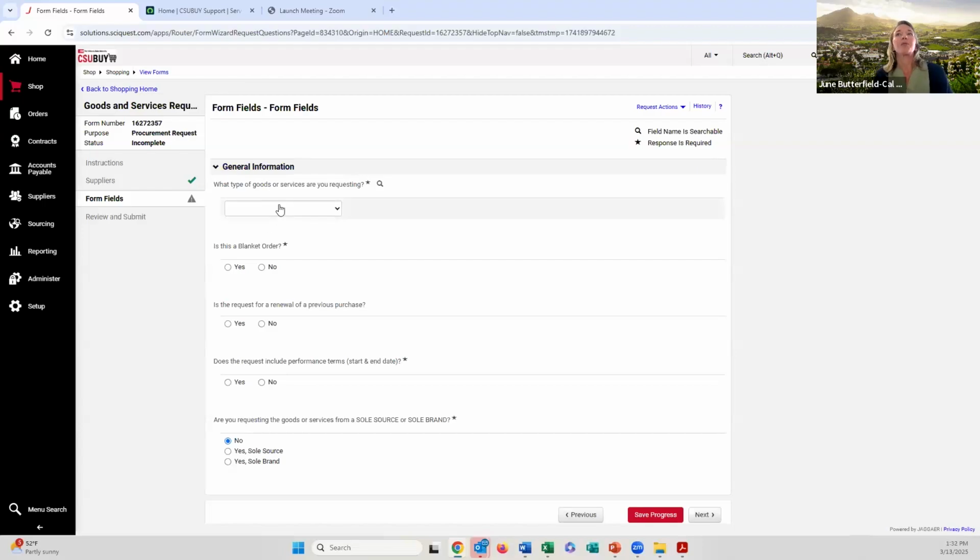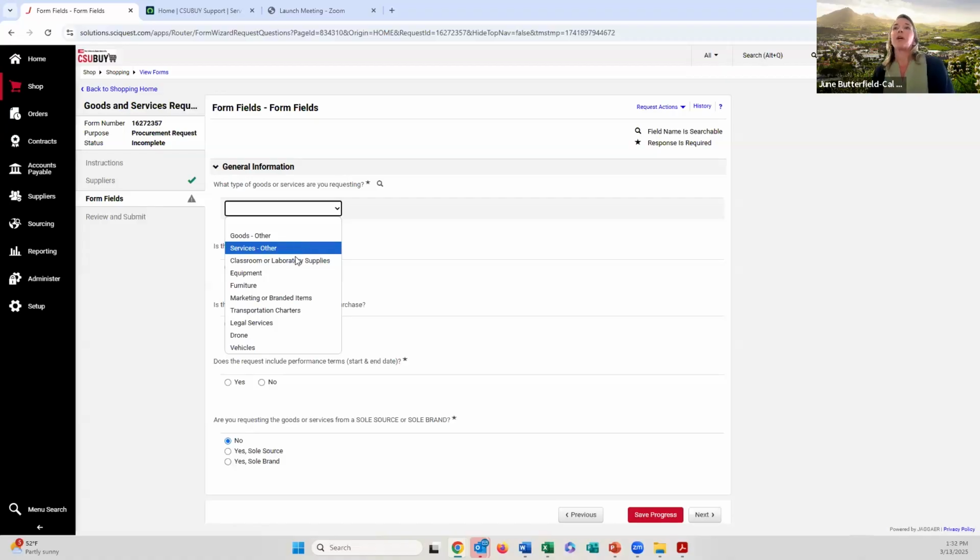From the drop down here, this is where it's going to help dictate the actual workflow steps on the requisition. So first is picking the form. That's going to dictate what kind of approvers are going to be in the workflow. And the second is answering the questions within the form, which may increase the amount of approvers on the workflow requisition. For this one, let's go ahead and select